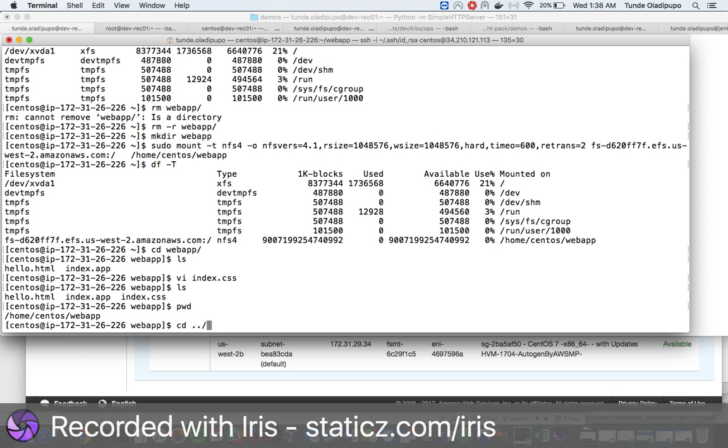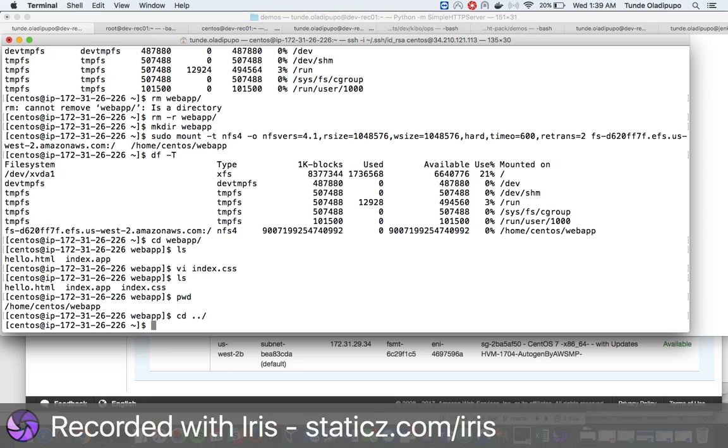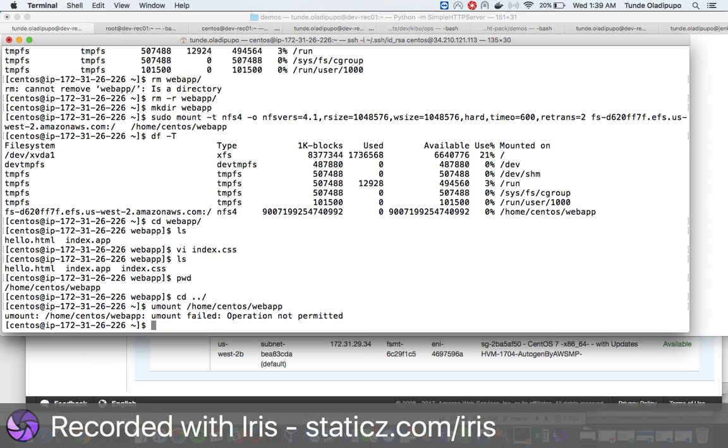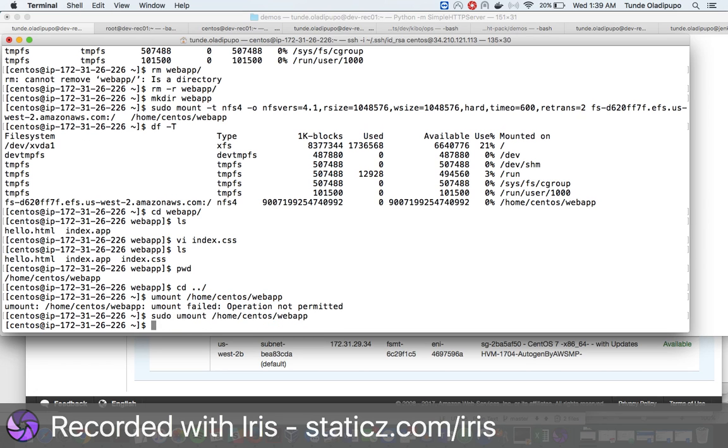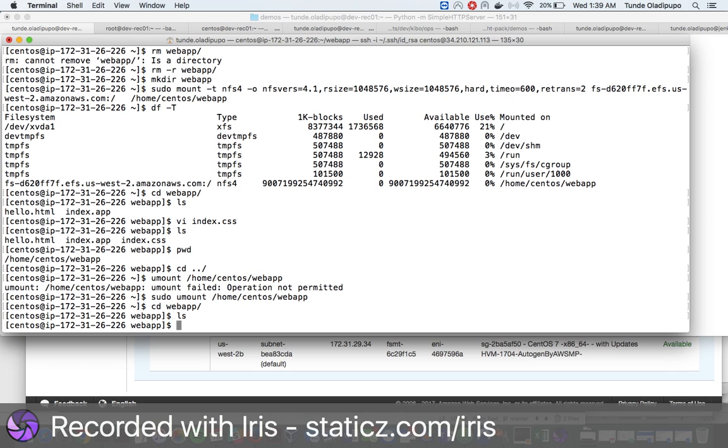If I exit, now let me unmount the file. To unmount, you simply write umount, the name of where the EFS was mounted. Boom, we have the sudo, sorry about that. So we simply, boom, it's been unmounted. So if you go to that particular folder, right now the files are no longer there. If you need to get the files back, just mount